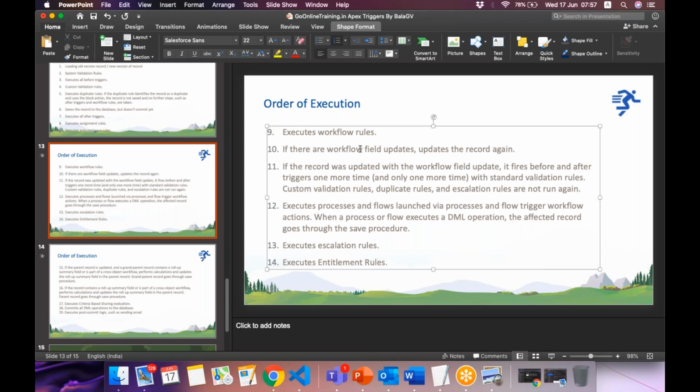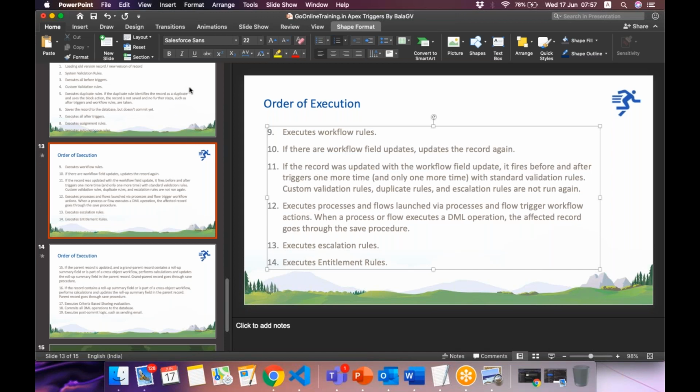If there are workflow field updates, the record... So if workflow is updating a field, then that is also a DML operation, right? So again, the order of execution will execute. Okay. If the record was updated with the workflow field update, it fires before and after triggers one more time.